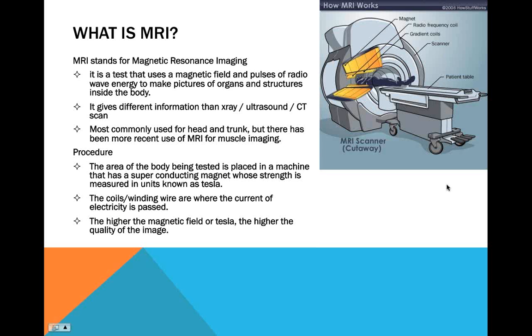So what is an MRI? We all talk about it and hear about it all the time, but I just wanted to review exactly what people get themselves into when they sign up for an MRI. MRI stands for magnetic resonance imaging. It's a test that uses a magnetic field and pulses of radio wave energy to make pictures of organs and structures within the body. It gives information that's different from an X-ray, ultrasound, or CT scan, where the X-ray primarily